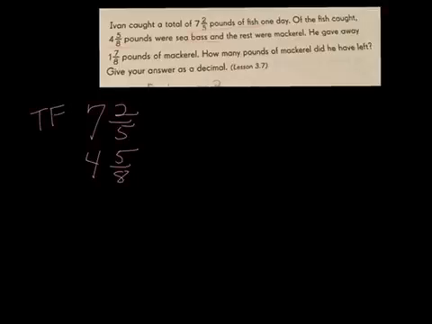So I'm going to call this TF. And then this is the sea bass, SB. So I know that of this amount, this much was sea bass. So the difference of these two amounts will be what is left. And where's the mackerel? He's going to have 1 7/8 of the total fish be mackerel, but